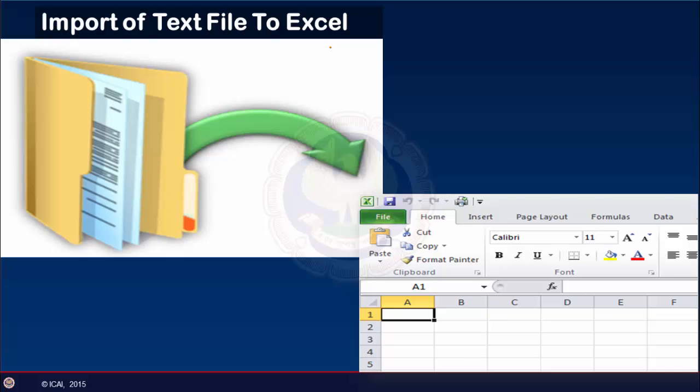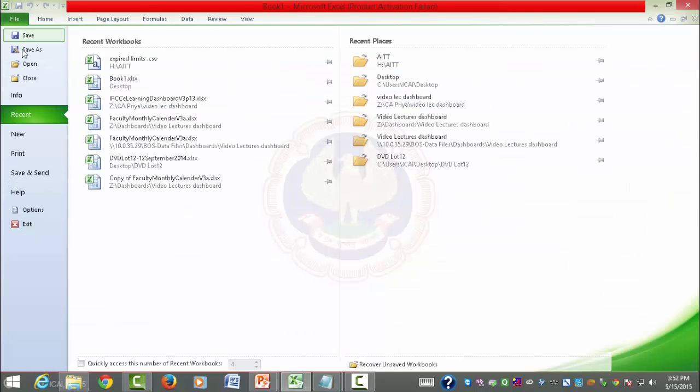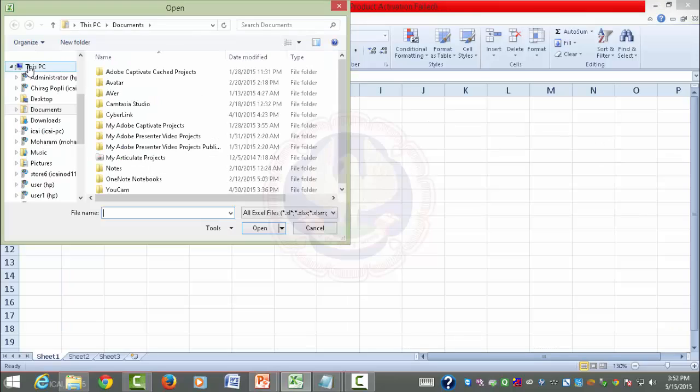Now to import any text file, in this case, we'll be making the first import of a tab delimited file, where the bank has given us an expired limit list as a tab delimited file. So first we open any blank Excel worksheet and we go to File. In File we have the option of Open. In Open we'll go to